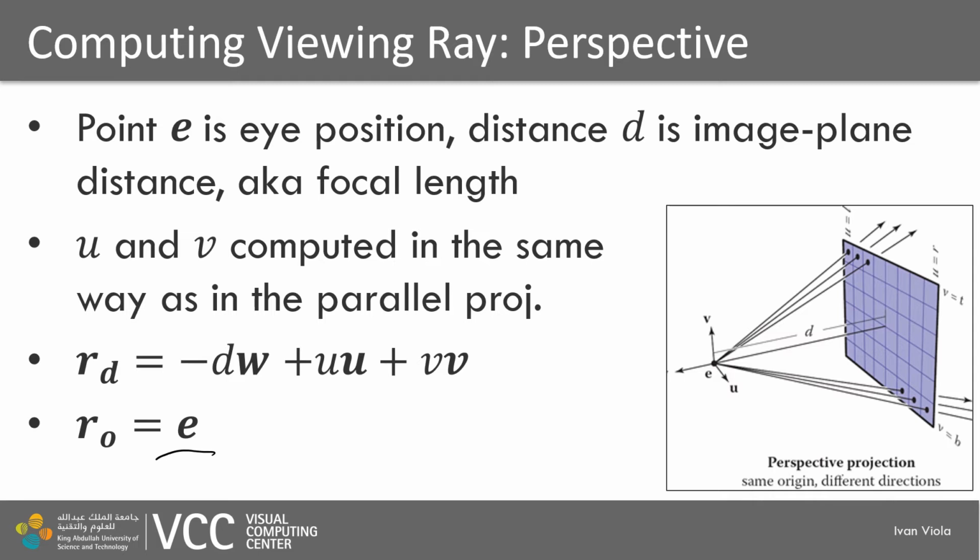And the ray direction will, however, change for each pixel because the rays are no longer parallel to each other in perspective projection. It will be defined as minus d times w. So imagine we are going from the point E in the direction minus d times w. So this will be going to the center of our